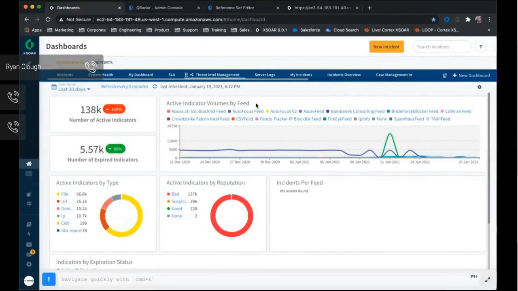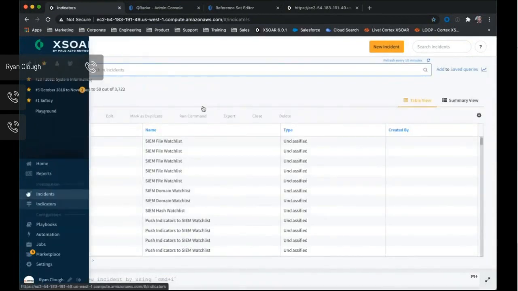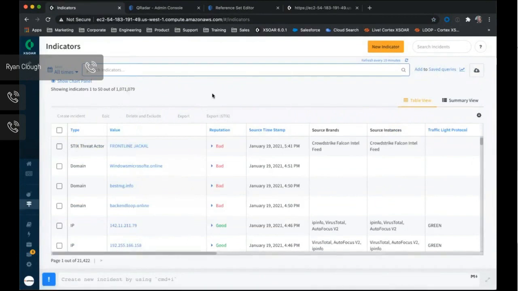Right? So we're here in my XSOAR environment, and you can see I have several hundred thousand indicators coming in from different feeds. All the research that Kyle's done is already here in my environment. And the first thing that we're going to do is set up our firewall block list with our very high confidence, manually vetted intelligence. So I'm on the indicators page. This is where all of your threat intel comes in.